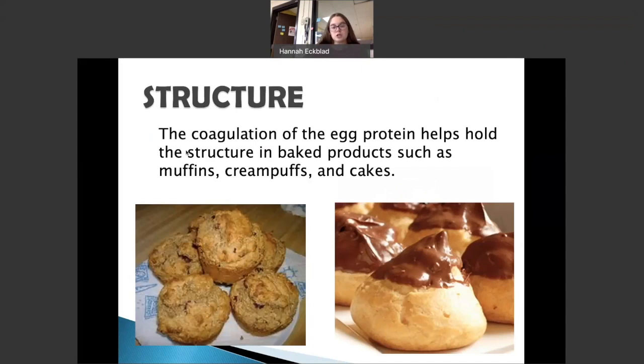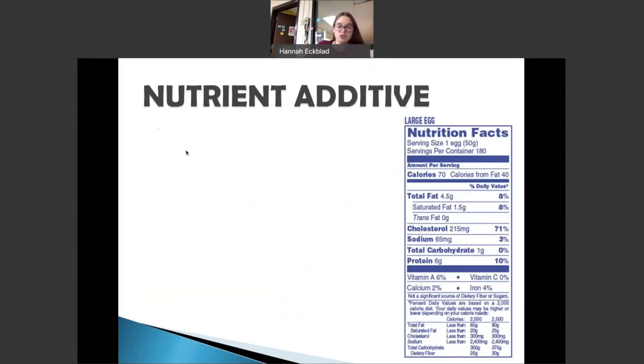Structure. The coagulation of the egg proteins helps hold the structure in baked products such as muffins, cream puffs, cakes. That same idea that it gets denatured, coagulates, helps keep that structure. It also can add